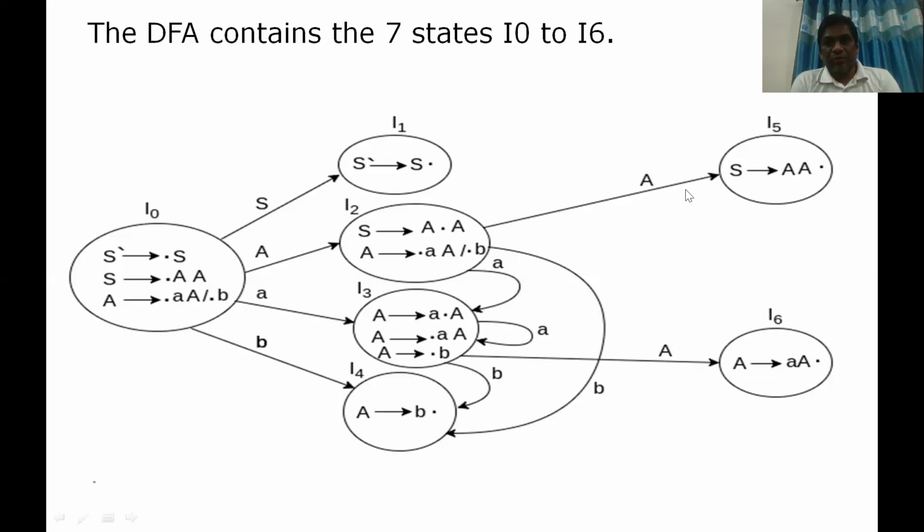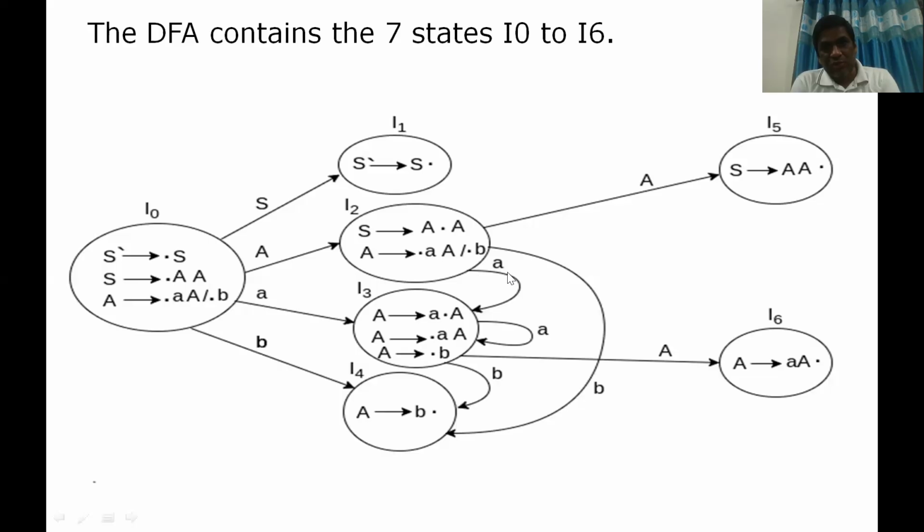Okay. Now, what happens? Move this dot after capital A. So one more position is shifted. It becomes capital S implies A dot, and because there is no symbol available after dot, it is completed. So it is I5. And then from I2 on small a, if you move it, a dot capital A, if you observe, it is the same as this, a dot capital A, and from A, it will generate two more productions, which is nothing but I3.